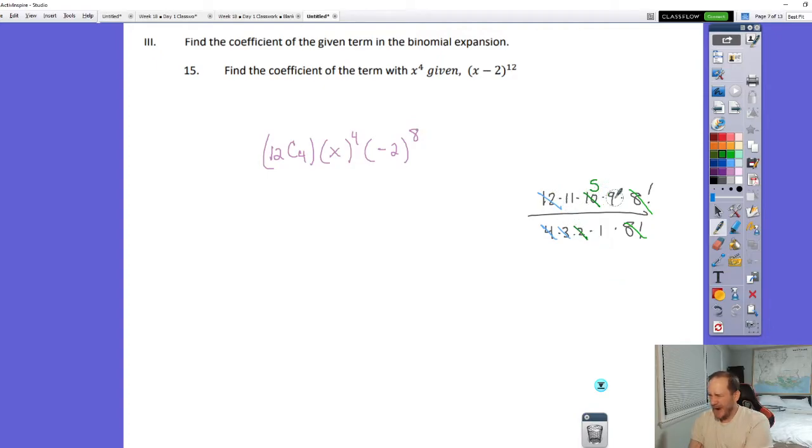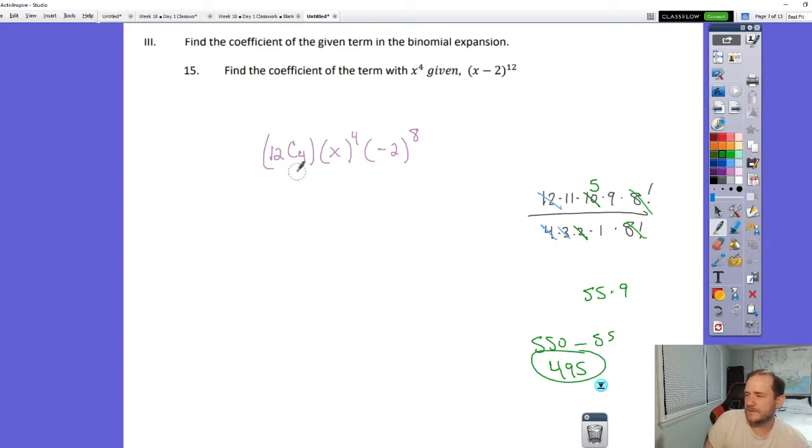This is 55 times 9. 55 times 9 being 55 less than 10 times 55, 550. So 495, obviously. Nailed it. I'm not even double checking that because I feel so good about it. So 495 is getting multiplied by x to the 4th, which is getting multiplied by 2 to the 8th, whatever that is. 2 to the 5th is 32,